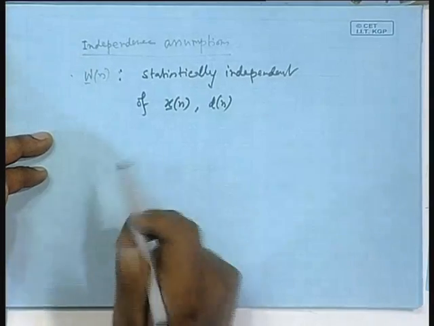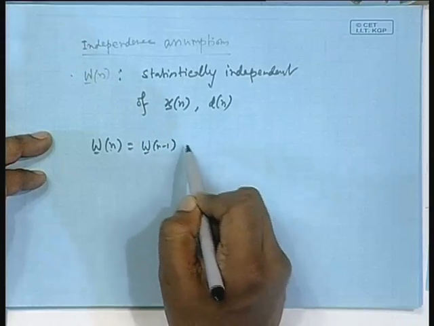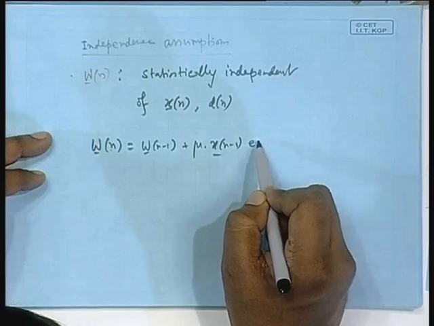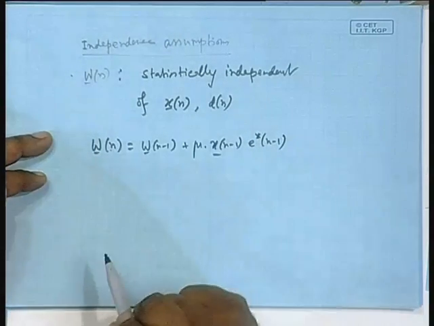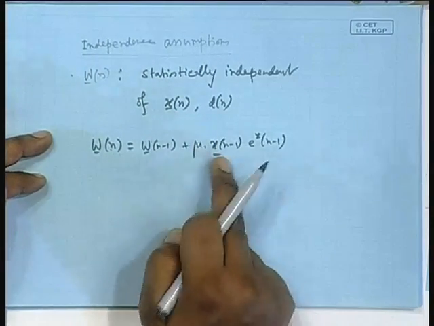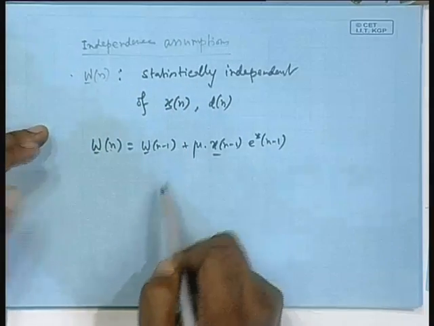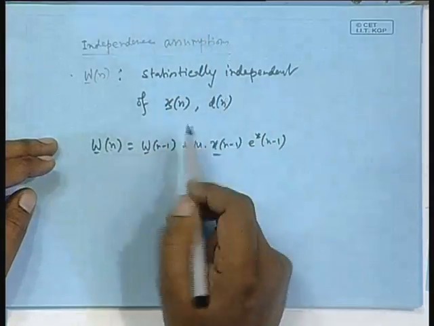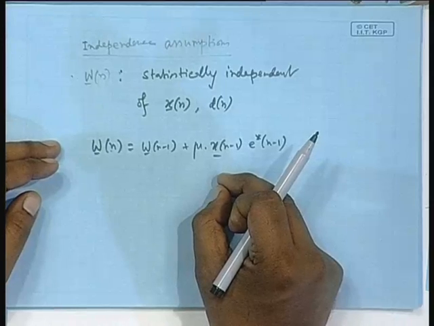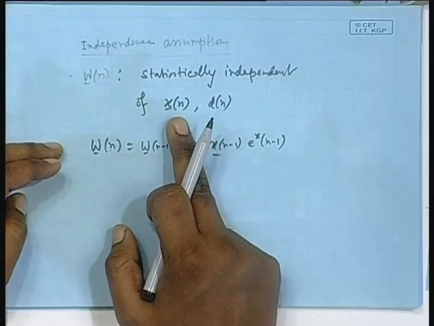Now, you know this is weird because you look at the weight update equation: W n, if I put n on this side, will be W n minus 1 plus mu into x n minus 1 vector into E star n minus 1. So, W n depends on the x n minus 1 vector, but you see x n vector and x n minus 1 vector have a lot of overlap. The x n vector consists of x n, then n minus 1, n minus 2 up to n minus capital N, isn't it? I mean the second to nth term here is part of the first to n minus 1th term. So, this actually is related to the x n vector also.